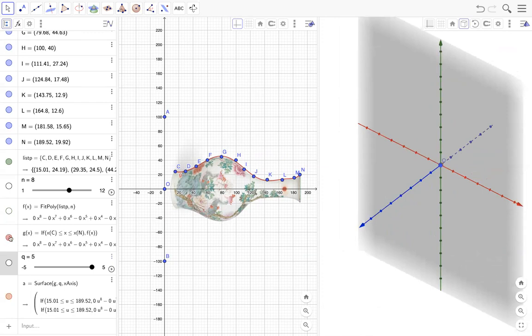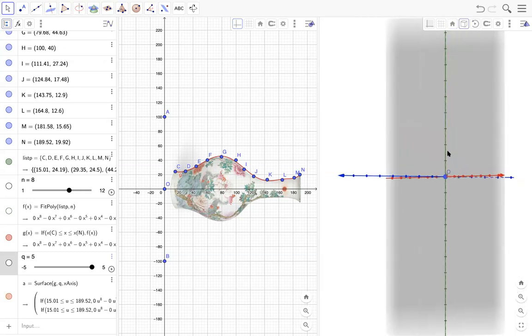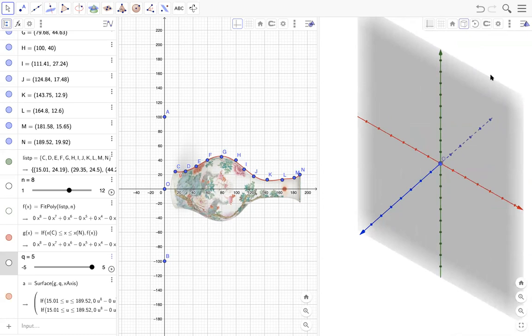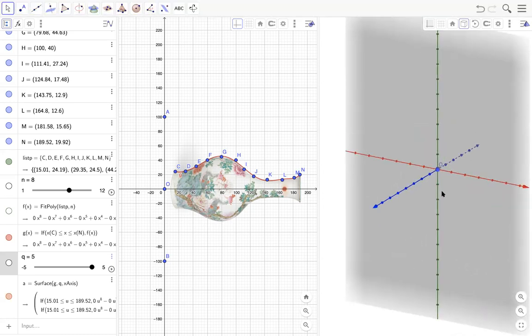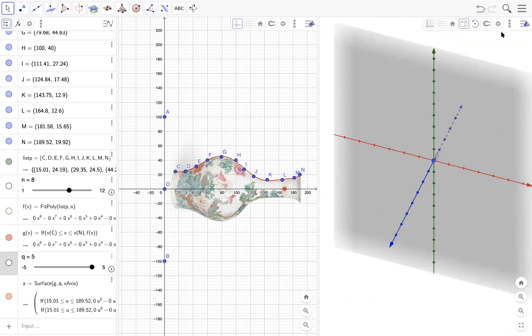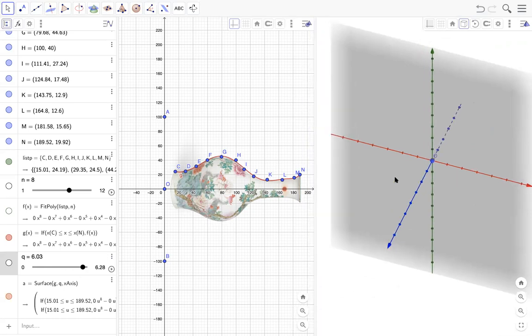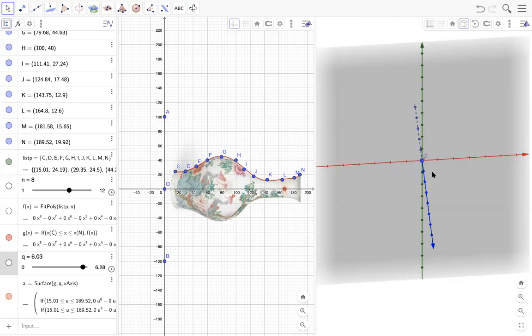Okay, I should be able to see the curve. Where is the curve? There are no points. Let me change this to for y from 0 to 360 degrees or 2 pi maybe, and with a step of 0.2. Okay, for some reason I am unable to see the curve here. I should be able to see it.